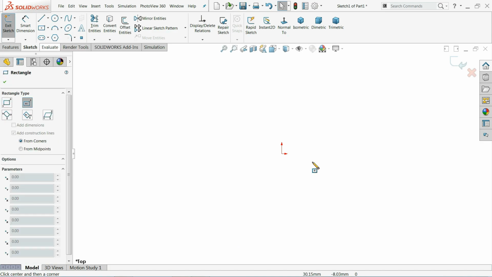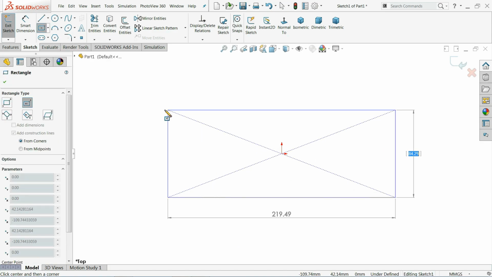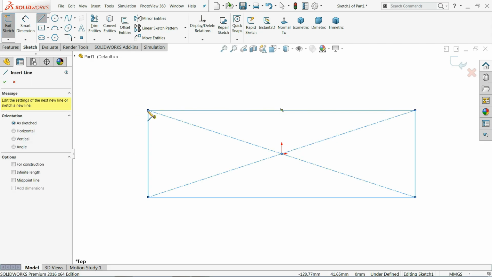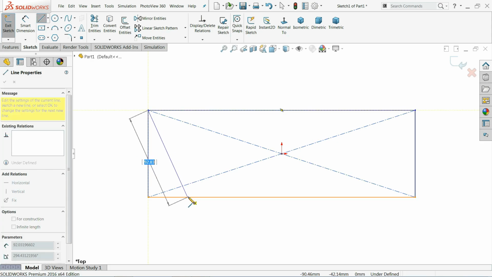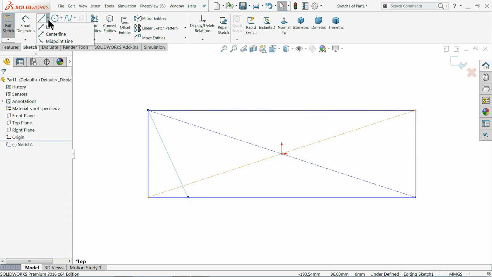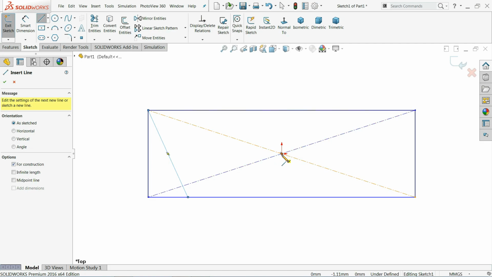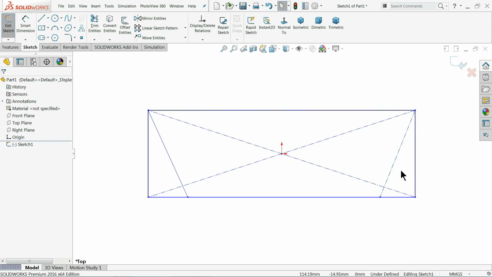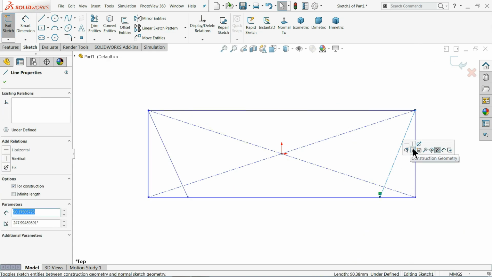Now center rectangle, connect, or directly we can click this one.